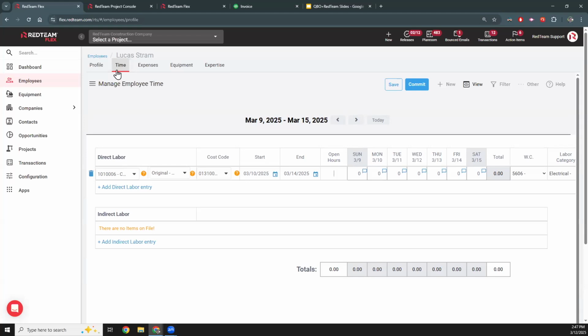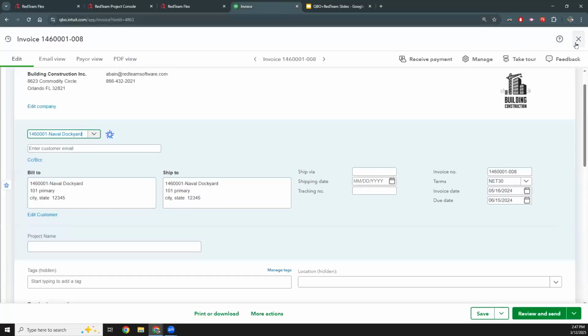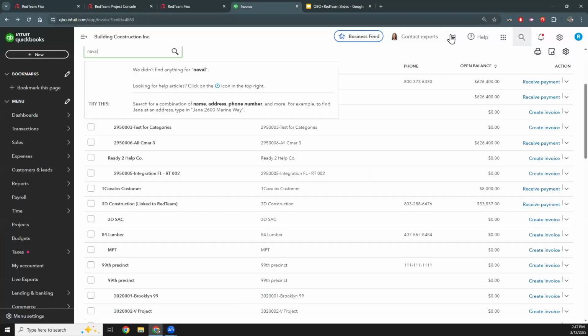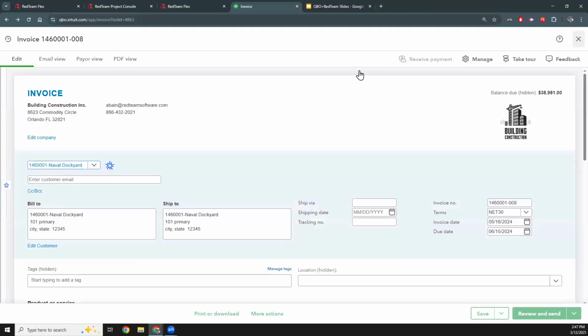As far as a couple of other ancillary things, just to toss out there for reference, with the QuickBooks integrations, we do have a couple of different versions of QuickBooks that we work with. One of which is QuickBooks Plus, the other one is QuickBooks Advanced. They're effectively, for the purposes of RedTeam,